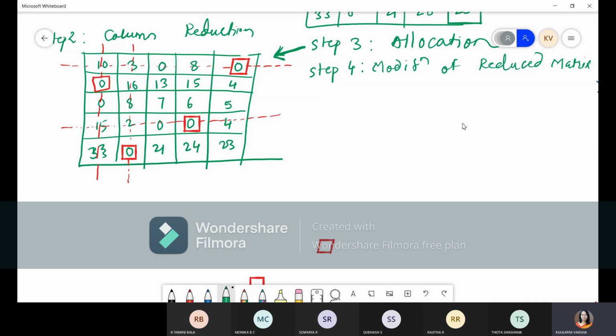We'll add this 4 into double cross elements. Which are double cross elements? From which the row cancellation happened, column cancellation happened. So see this 15, this 2, this 10, this 3, all are the double cross elements. So we will add that 4 into this double cross elements, and all the single cross elements like this 0, 8, this 0, this 0, 16, 0, 8, this 33 and this 0, all these are the single cross elements. All those single cross elements will be as it is.